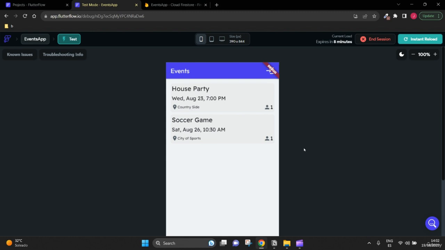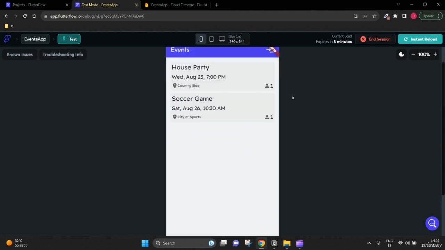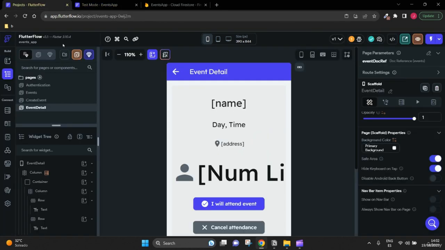All right, so now we're gonna do the update and delete function for the events. It would be nice if the user had the option to edit or delete the events, but we only want the owner of the events to be able to delete these events. We don't want other users to be able to edit or delete these events. All right, so to do this, let's go back to the project and go to